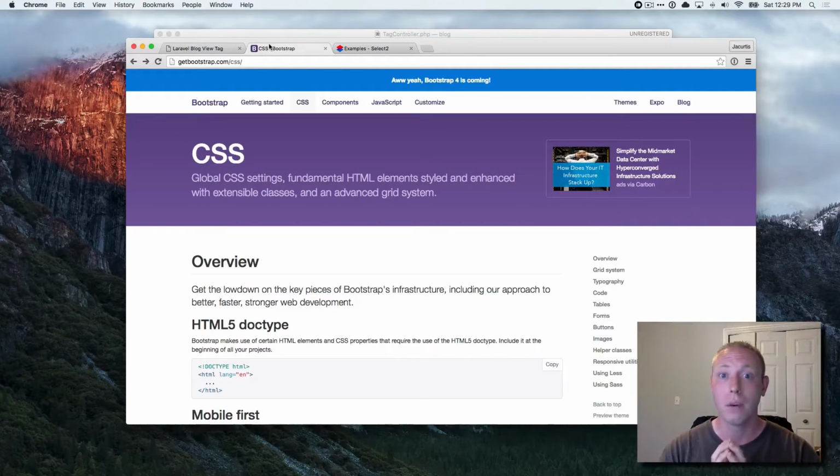So we're just going to focus on the bare bones user interface for this tutorial, because we're focusing on learning Laravel as a framework. Okay, so I just want to give you guys a taste of what's coming up, why it's changing, and stuff like that. But as far as how to select multiple items, multiple tags, how can you create that type of interface traditionally? Well, the traditional way of doing that